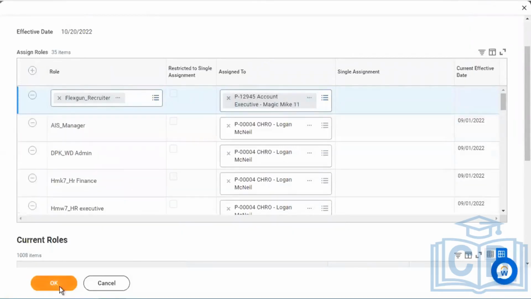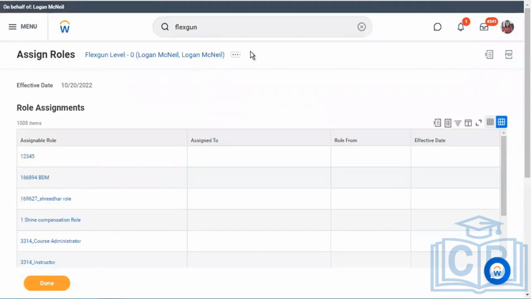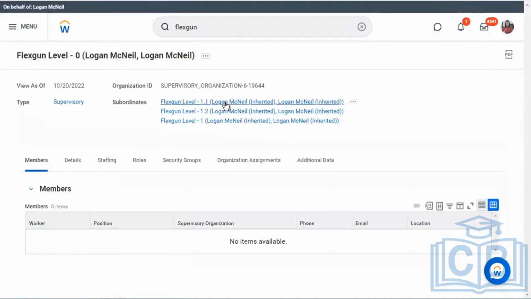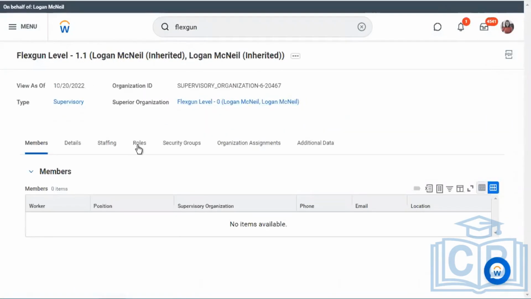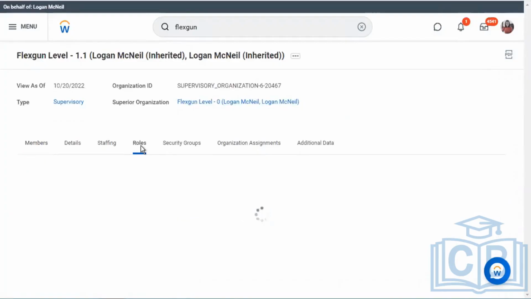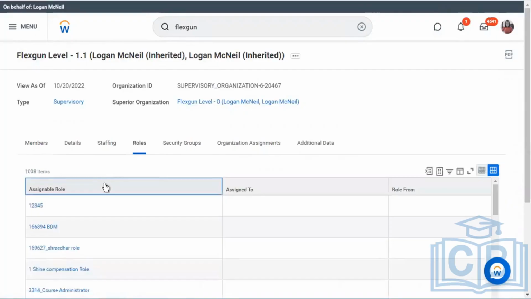Now, what will happen if I assign Mike here? Anyone hired in the FlexQ organization and is part of any of the locations from the FlexQ America location hierarchy will be able to use Mike. If someone is hired in, let's say, Europe, but in FlexQ organization, Mike will not be the designated recruiter for them. That is how it works. And if I navigate to any of the organizations below the chain, they inherit that. These role assignments also go inherited.